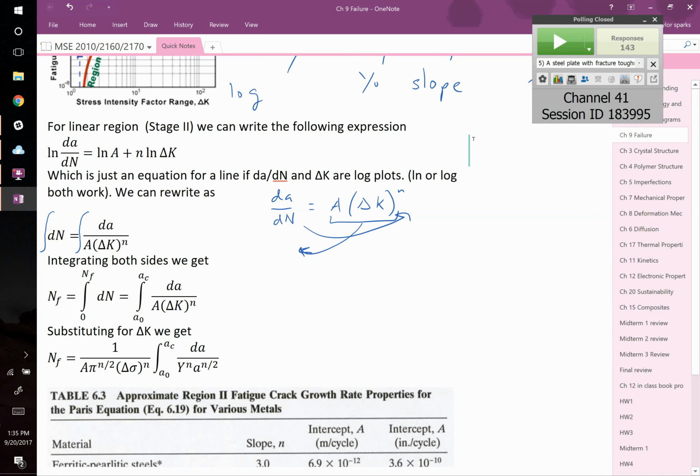So we can take two different integrals. On the left-hand side, we're going to integrate from when you start your testing, no cycles, to the number of cycles when it fails. And that's really easy. This integral is easy to solve. It just equals Nf. So the number of cycles until it fails is going to be equal to this integral over here, starting from your initial crack size, a naught,